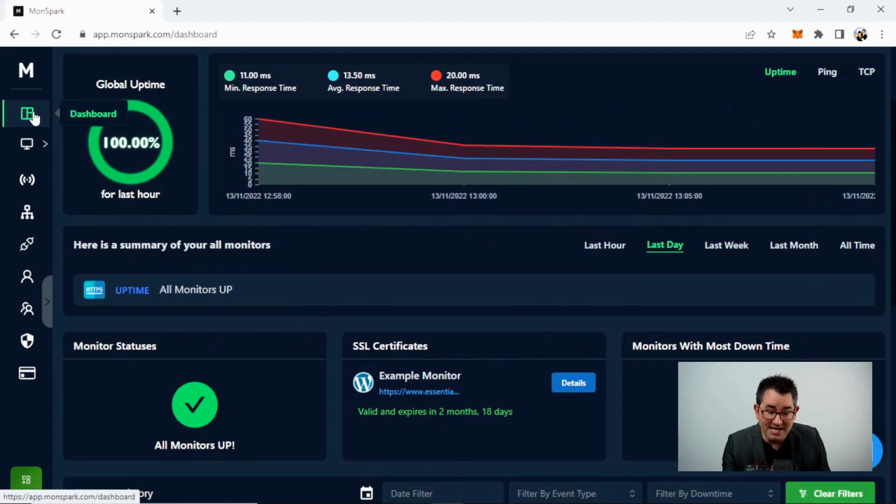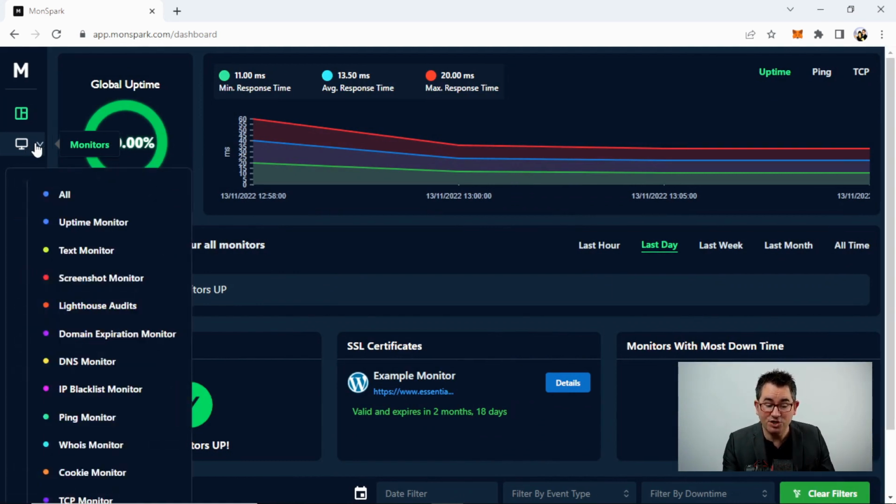So that is your main dashboard just here. And then if you want to get into the monitor side of things, then you come to here and you click on monitors. Now, basically here you can create monitors for any of these things. So you've got your uptime monitor, which you've already spoken about, obviously, your screenshot monitor, lighthouse audits, which again,